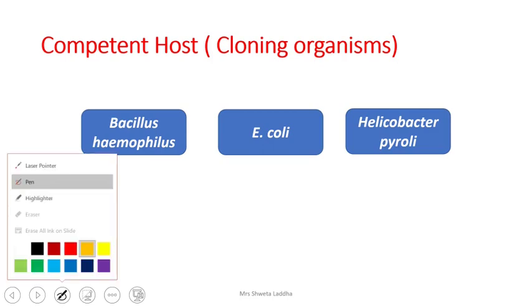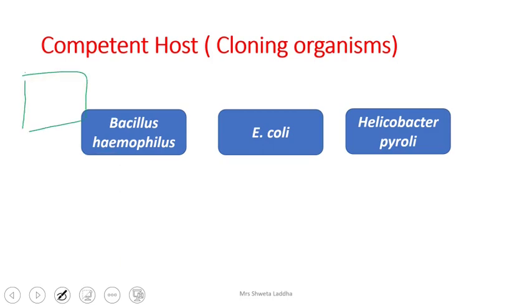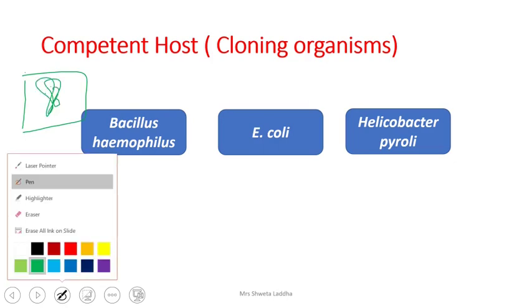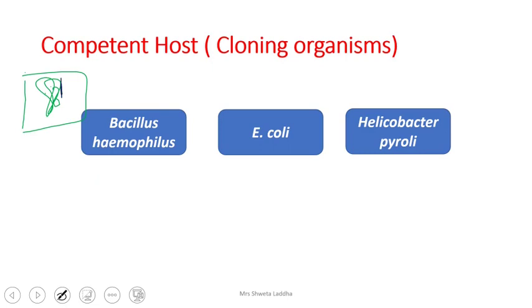Suppose I tell again, if you have not followed: this was our plant cell, this was the chromosome of the plant cell, and in the chromosome we have induced a gene from the Agrobacterium tumefaciens, but we have engineered it and changed the property of that gene. Instead of causing tumor we have put some genes which will create some good nutrients or vitamins or something good which we want. And then we'll put this into the bacteria, this bacteria will multiply, and as they multiply this good gene also multiplies, and then we get the product which we need in a larger proportion.